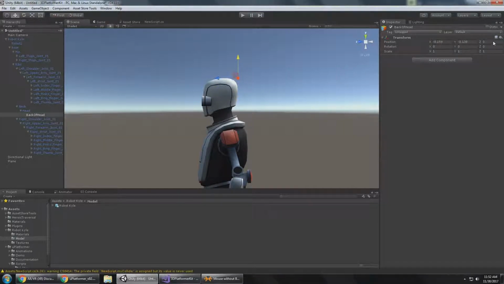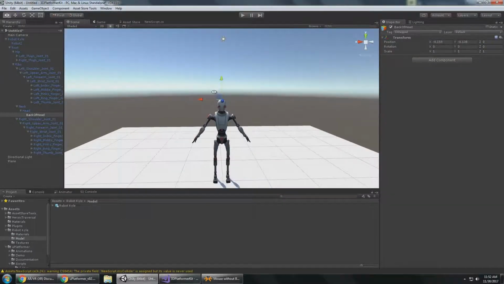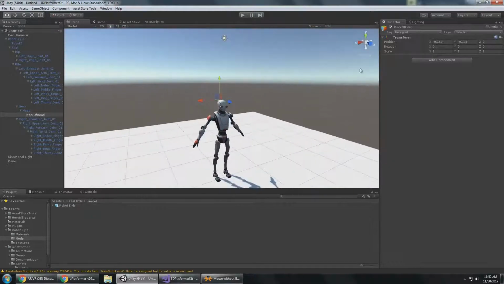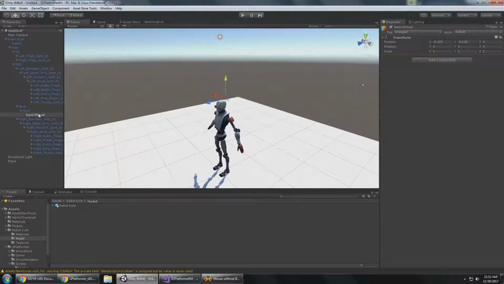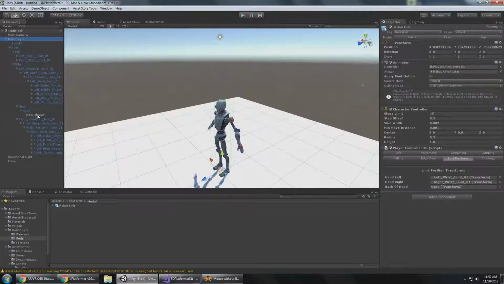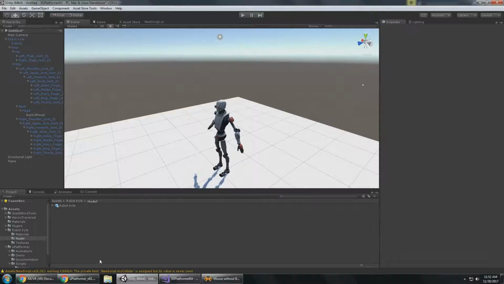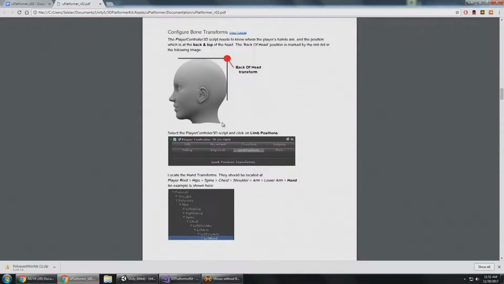Now that's going to have a Z-axis of 0, so I know that's going to be right in the middle of the head, which is correct. And that would be the position for the back of the head. So now I have a transform for the back of the head. That's what needs to be assigned to the back of the head transform here. So now that limb positions have been populated, we're ready to go on to the next part, which is